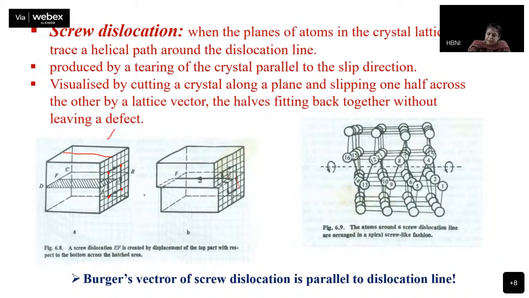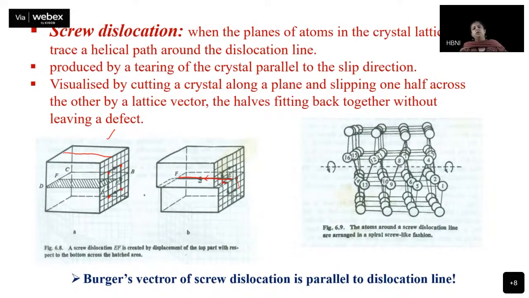Here, this particular line along which all this deformation has happened is called screw dislocation. And now, as you can clearly see, this is the direction of screw dislocation and this is your Burgers vector. Now your Burgers vector is parallel to screw dislocation. It is parallel in the same direction, but it could be parallel or anti-parallel, given the fact whether you have moved it in this direction or in this direction. All right, so this is what screw dislocation is.